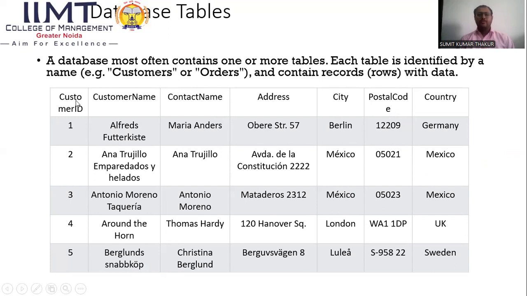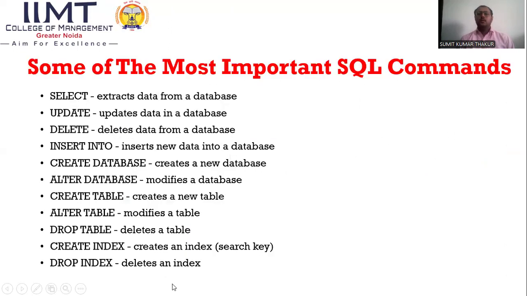For example, we have the fields such as customer ID, customer name, contact name, customer address, city, postal code, and country. And these are what we call rows of data, which we often regard as records. Now, some of the most important commands which we'll be discussing are SQL commands, which are select, update, delete, insert